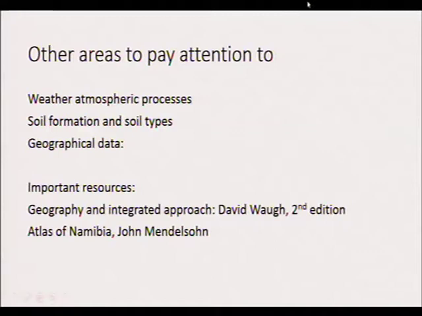What are the other priority areas that we need to pay attention to? Even if I don't go into details in this one because of time, we need to understand weather and atmospheric processes, and that also refers back to what I have just alluded to about the atmospheric gases, what happens in the atmosphere if we burn. We need to appreciate that when we burn biomass, when we burn trees, when we prepare our food for agriculture, all these gases are getting suspended in the atmosphere, and these affect our climate in a way that